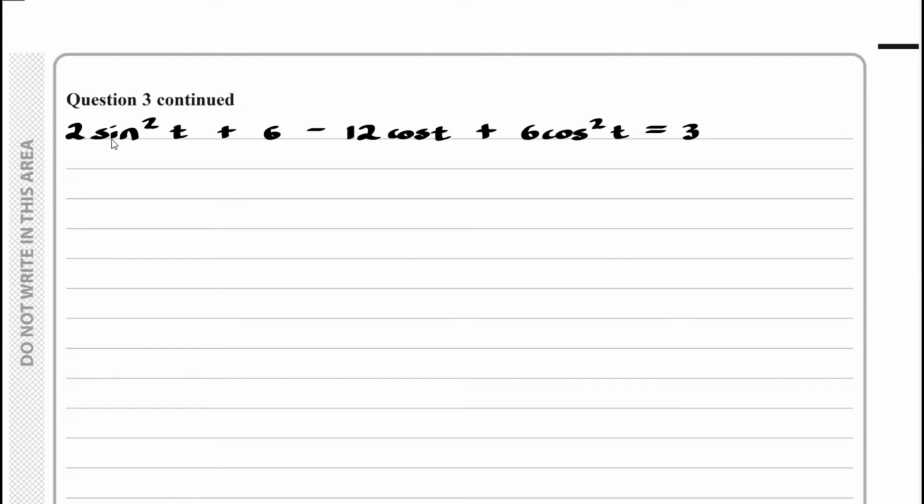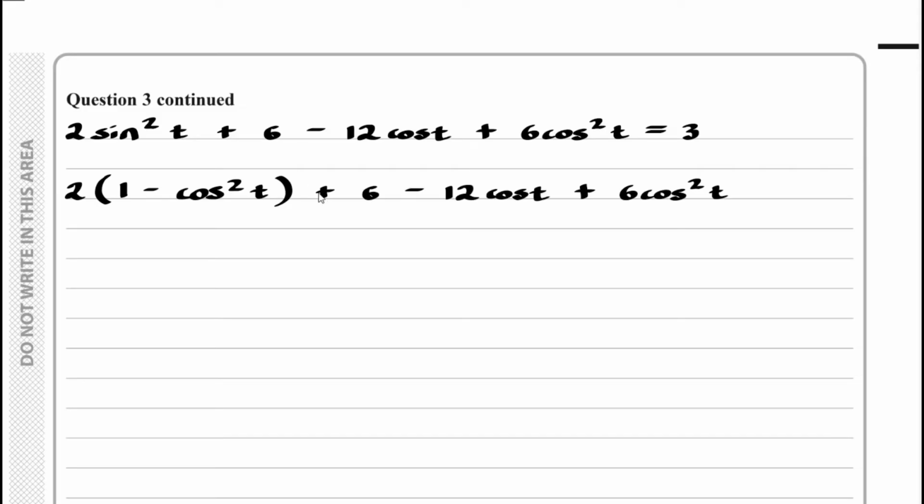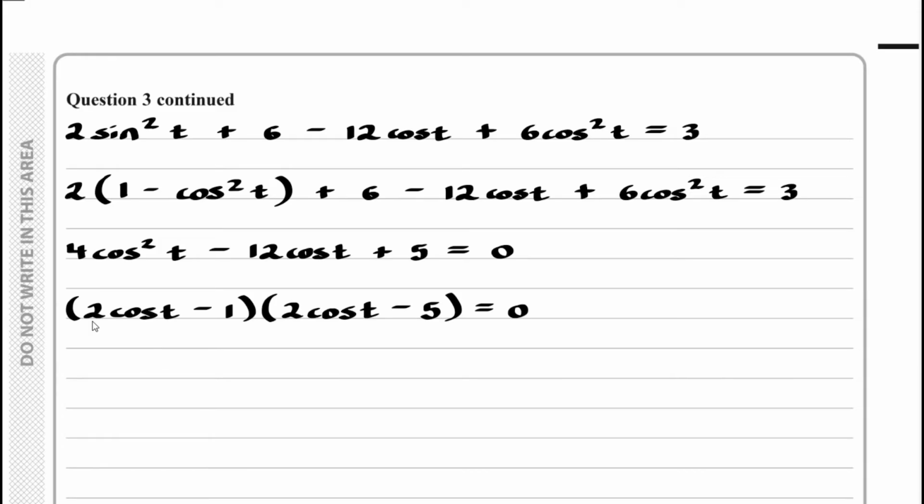If I replace the sine squared with an appropriate identity, we have 2 multiplied by 1 minus cos squared t, and then we have plus 6 subtract 12 cos t plus 6 cos squared t equals 3. So we can simplify this to 4 cos squared t subtract 12 cos t plus 5 equals 0. We can factorize this as 2 cos t subtract 1 multiplied by 2 cos t subtract 5 equals 0,